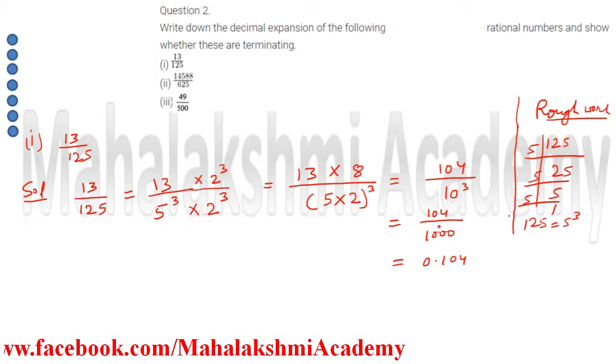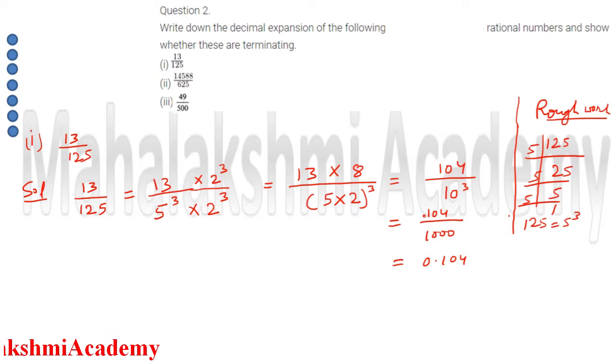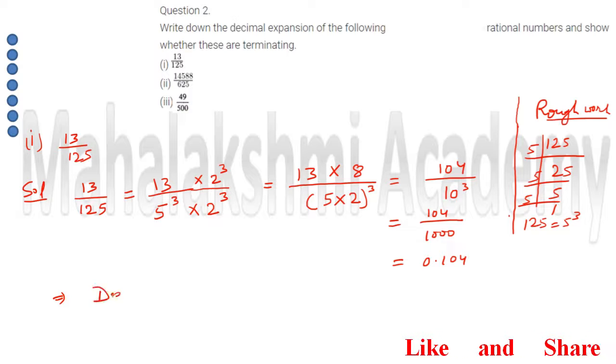10 to the power 3 is 1000. Now since in the denominator we have 1000, from the units place count 3 places and put the point. So after doing this, we obtained the decimal expansion as 0.104 and it's terminating. So we'll write here, which implies